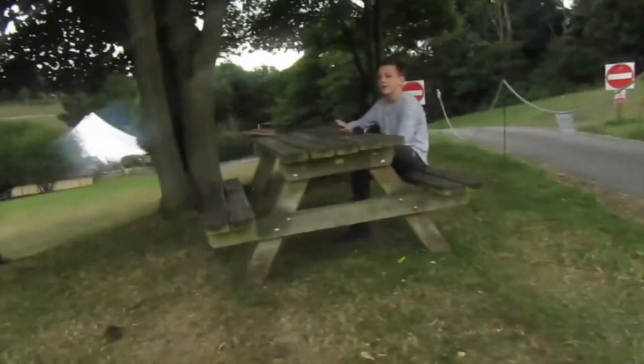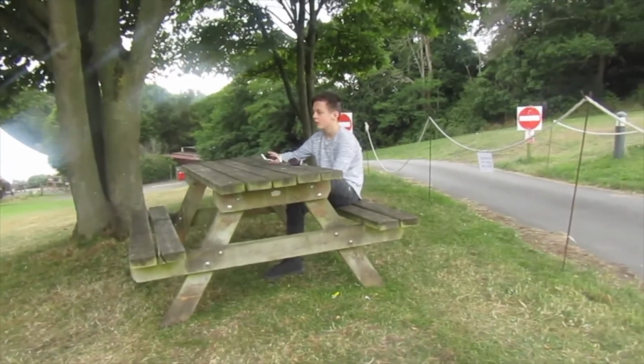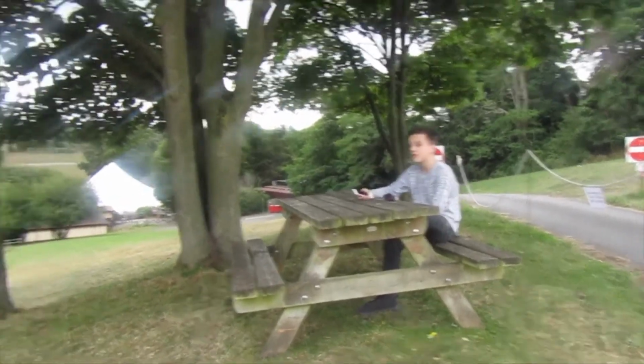So that wraps up our day here at West Midland Safari Park, and we've seen all the rides and attractions that are on offer, and we've had quite a nice time. What did you think of it? Pretty good. I mean, my legs are shattered now, but we come to this nice bench at the top of the hill. We get a pretty good view of all the...